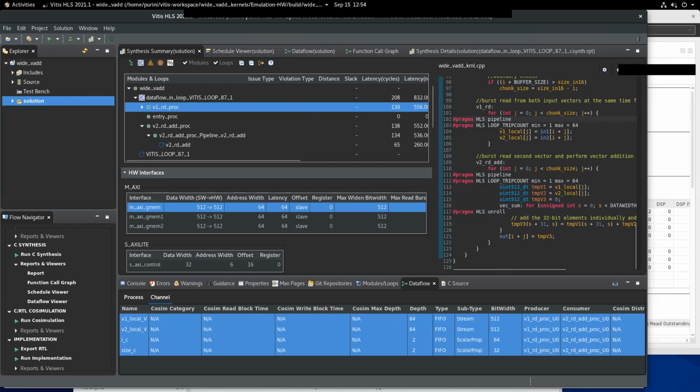If you add up these two latencies, the overall iteration latency for the outer loop would be something like 250 clock cycles. So it's not adding up. We just have 208 here. So what is happening here? Can someone explain how the whole outer loop is able to execute in 208 clock cycles of latency?